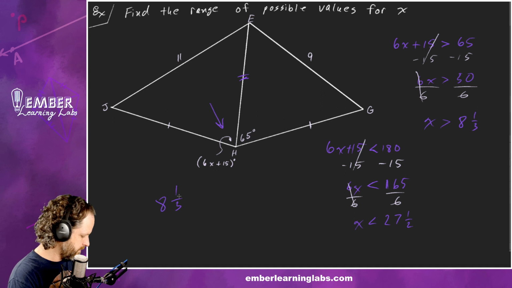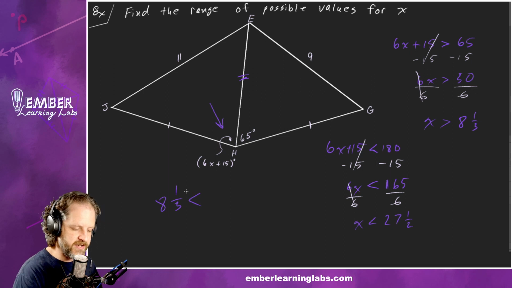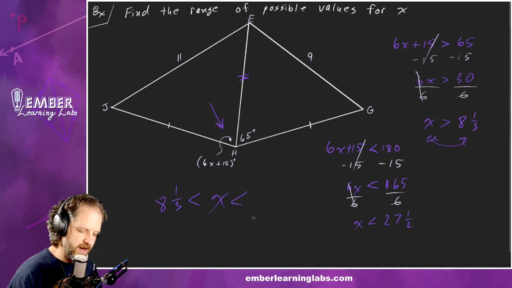There we go. Okay. 8 1/3. We've got to make sure this matches. So we're changing to a less than symbol, see, because we're putting the number on the left side. We're flipping this all the way around, putting the x in the middle, and then right here, 27